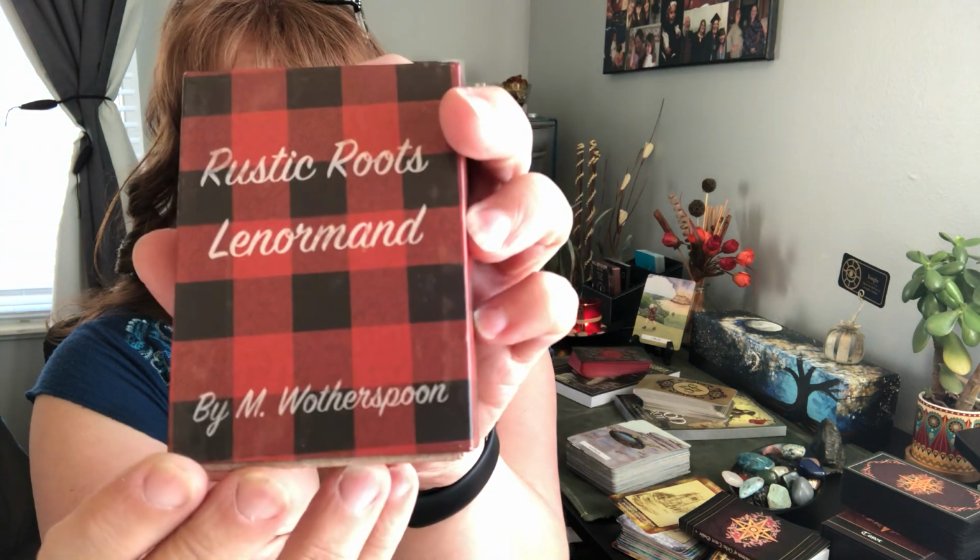I bought this at the beginning of October and it took a long time to ship. But I'm super excited. It's a new system. I haven't learned it before. But I bought my first Lenormand deck. Look at that. So I bought the Rustic Roots. Oh, see, I just opened the package today. Haven't even taken it out of the